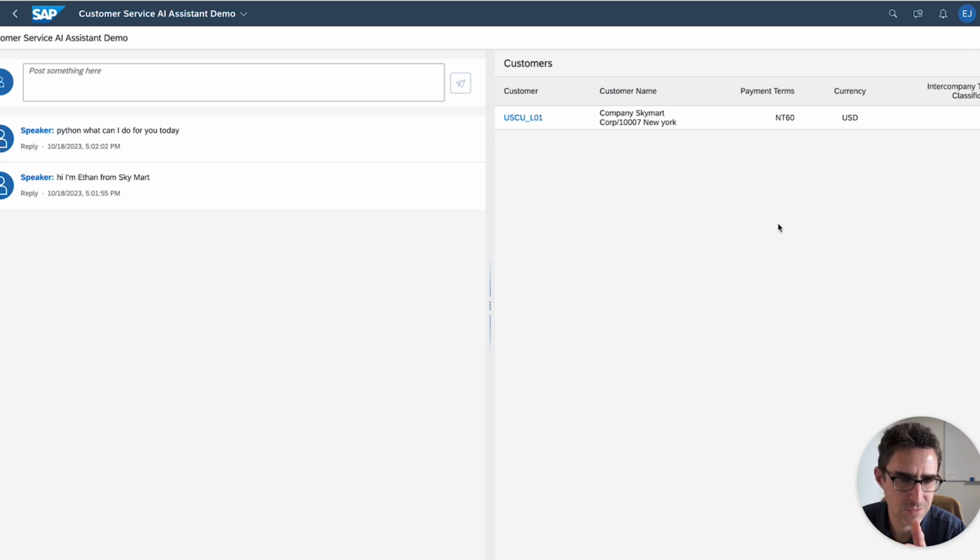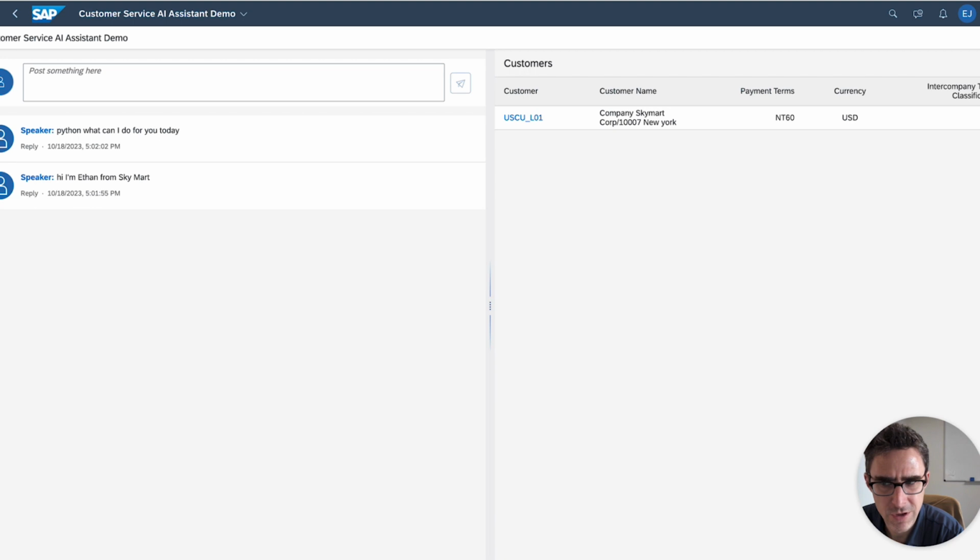So you can see that the system recognized that I said I'm Ethan from SkyMart. It recognized SkyMart as a company. We're going to go do a query for a business partner and pull back some business partner data to show to the customer service representative. Now, of course, in a normal CSR system, we'd already be locked into the customer because they would have entered their phone number or customer number or something like that in a phone menu, but just to show you what's possible here. So the customer is going to ask now what they want.